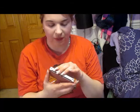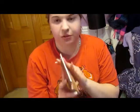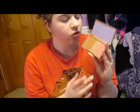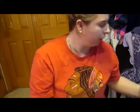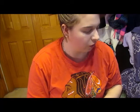But I'm gonna take that, and then to deepen up my contour, I'm gonna use my Naked Flushed palette in the shade Strip. If you've never seen one of these before, I don't think they're that popular, but this has the bronzer, highlighter, and blush. This bronzer is seriously so pigmented, it's kind of ridiculous. So I kind of have to be careful with it when I use it. I'm gonna go ahead and use my ColourPop one first. Big fluffy brush. I know that's not what you're supposed to use to contour, but